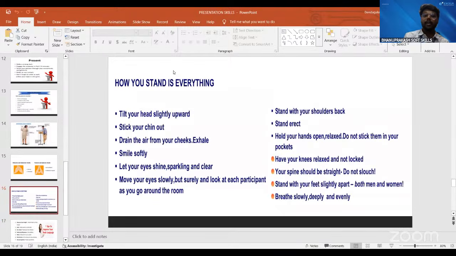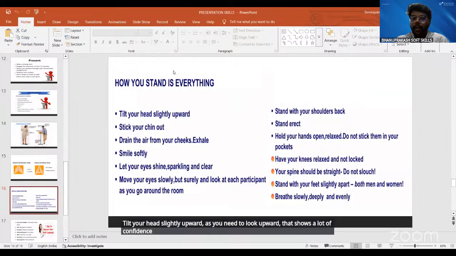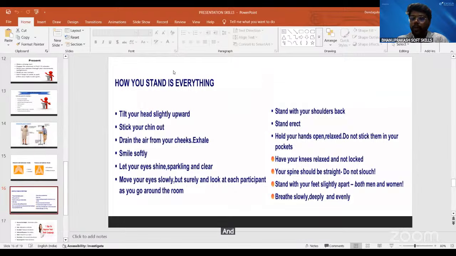And next, how you stand is everything. Tilt your head slightly upward, as you need to look upward. That shows a lot of confidence. And stick your chin out, as the chin should always be out. That means you need to raise your head